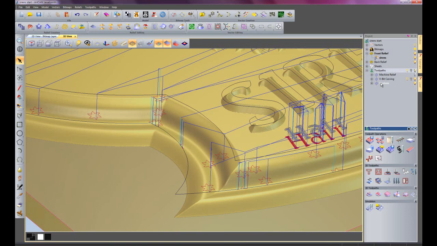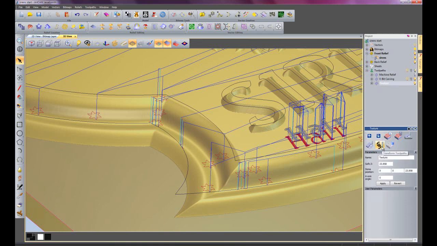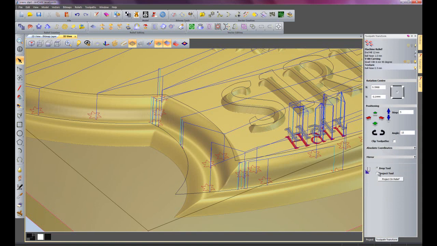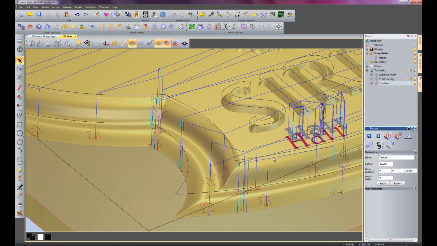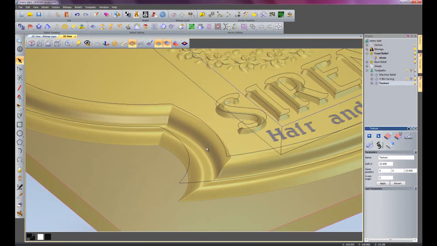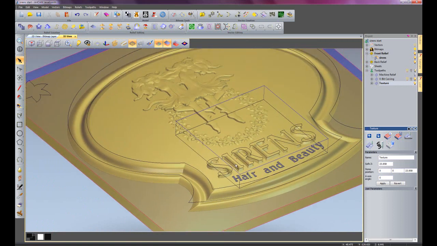If I click on texture and select here to transform toolpaths, just click on that and I'm going to project the tool and then click project onto relief. Now you can see that that's projected the actual flowers onto the relief. So this is going to cut that part of the relief. So if I just zoom back out,